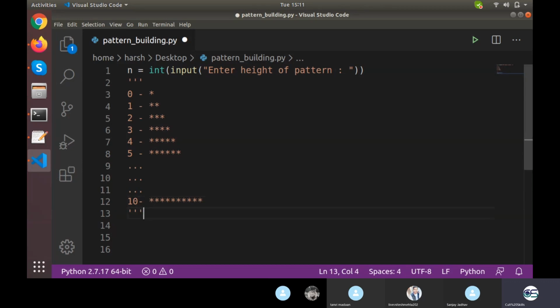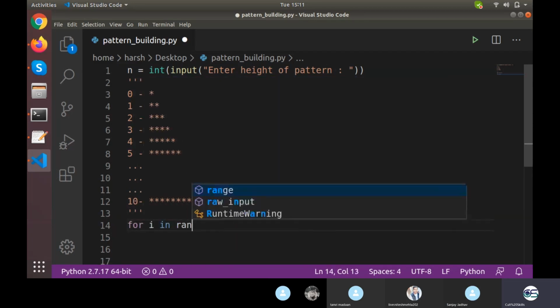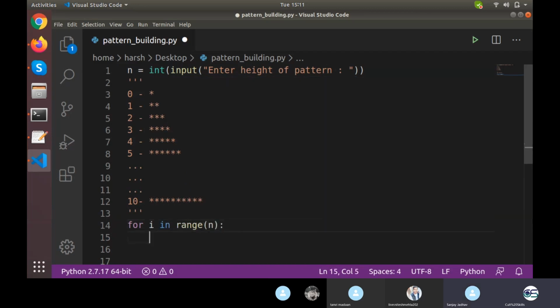Now at 0 there is 1 star, at 1 there are 2 stars, at 2 there are 3 stars. So simply it is I plus 1 stars. So for I in range n, print star multiplied by I plus 1.